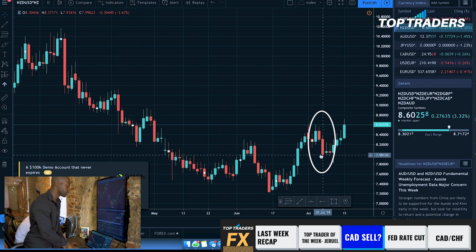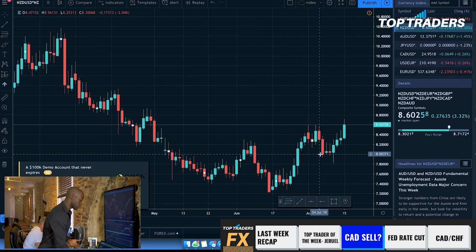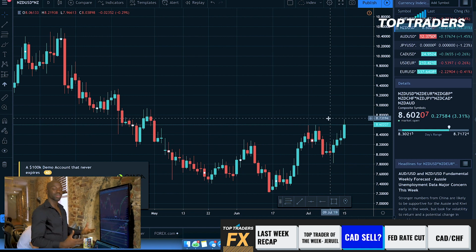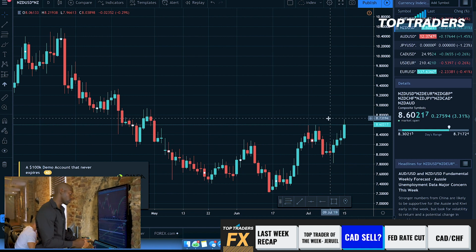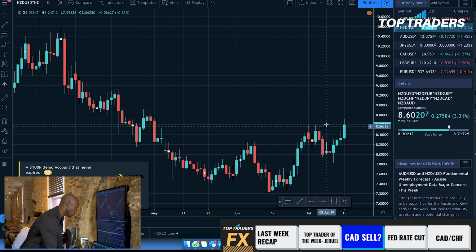But he was able to capitalize on the NZDUSD sell side move, this initial push down into structure here, and as we can see, that move was very short-lived, right? And so we ended up pushing back out, and now we're consolidating at these lows, but we did end up breaking this previous high that was made back in early July.